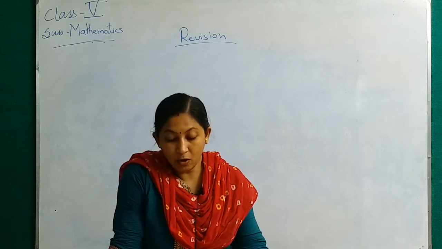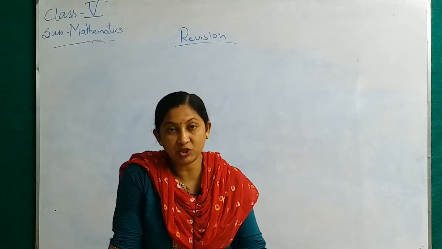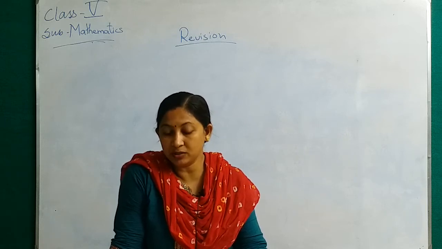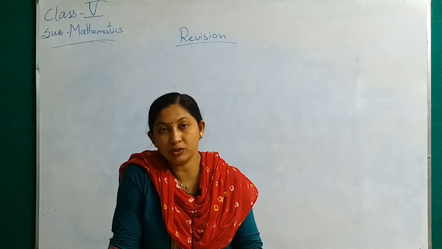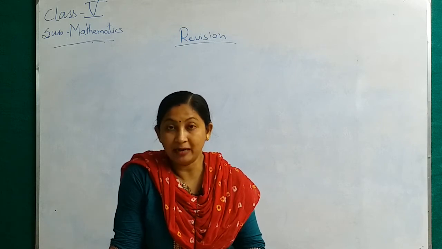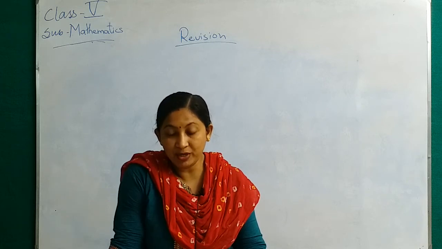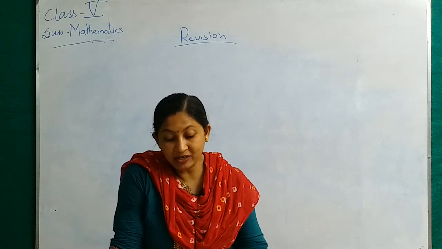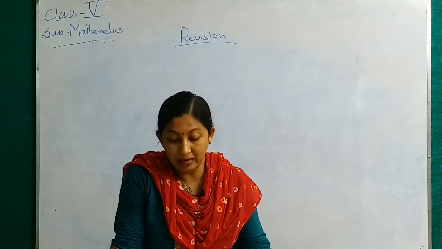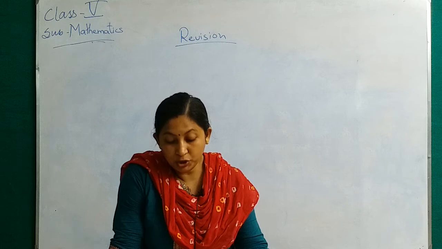Okay. Now question number 3. An 8-digit number starts with dash place in the international system. Now start counting in the international system: ones, tens, 100, 1000, 10,000, 100,000, million, 10 millions. That means the 8th digit is in the 10 millions place. So for question 3 the answer will be option C, that is 10 millions. So an 8-digit number starts with the 10 millions place in the international system. Clear?